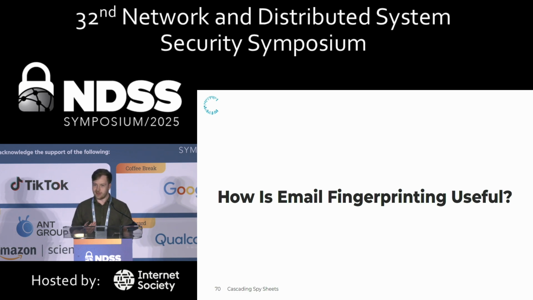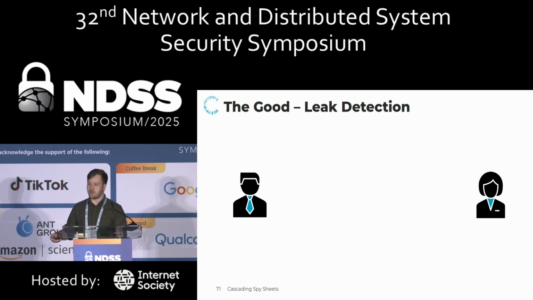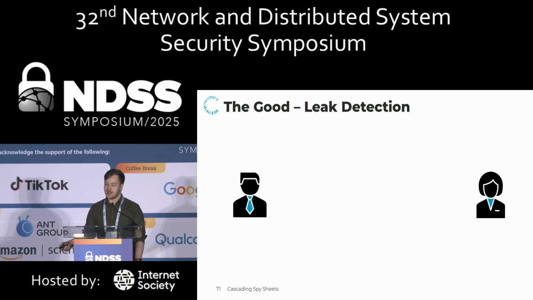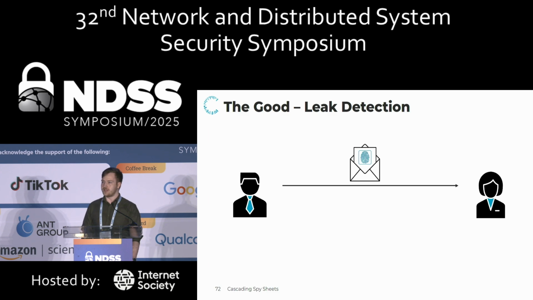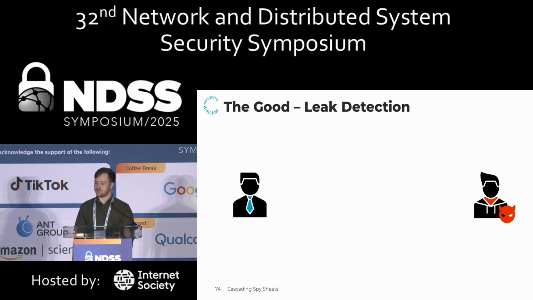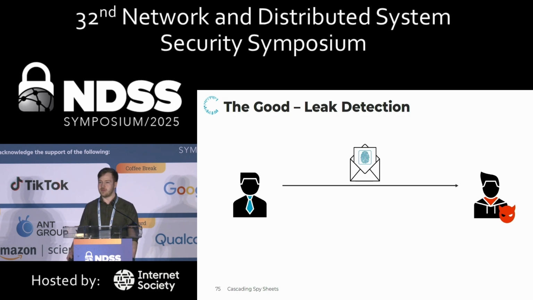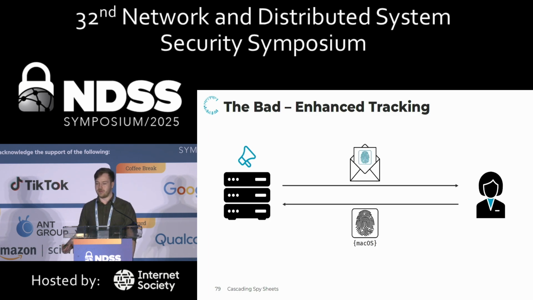So how is email fingerprinting useful? If you were a good guy, you could build something like this, where you are Bob and you want to send an email to Alice. And if someone else gets that, you want a notification. So we embed some fingerprinting code inside of this email, and we can check the fingerprints that come back to us. If someone else has that email, we see a different fingerprint. Similarly, you can also just use it for tracking purposes,